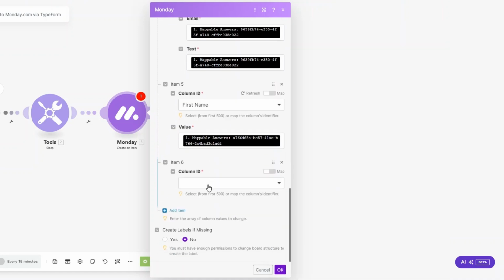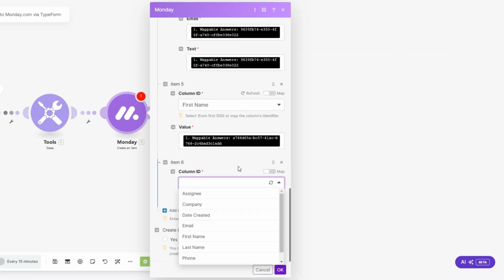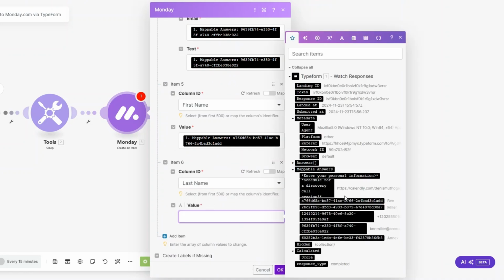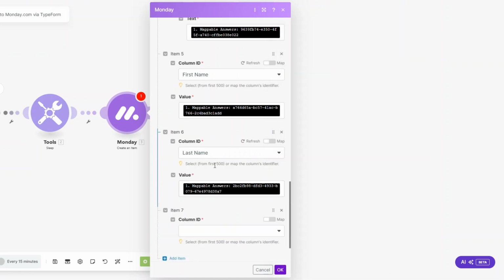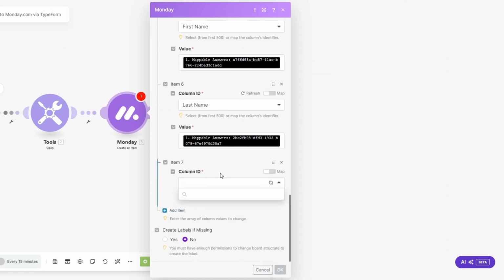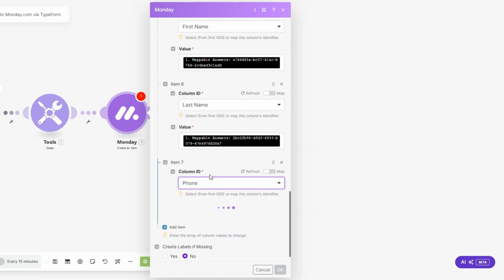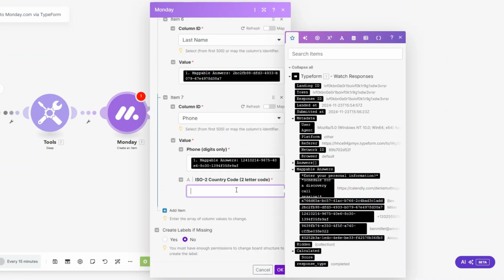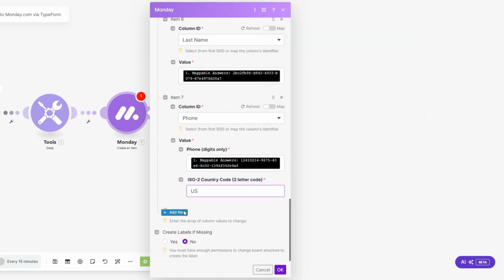Then I'll add a new item, choose a new column. Then I'm going to choose last name as our column. Then the value for the last name will be Miller. Then I'm going to add a new item, choose another column. I'm going to choose a phone number. Here we can add the phone number of Ben. For the country code, I'm going to use US as a country code. Then add a new item,